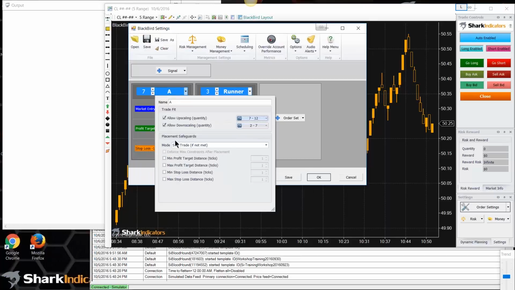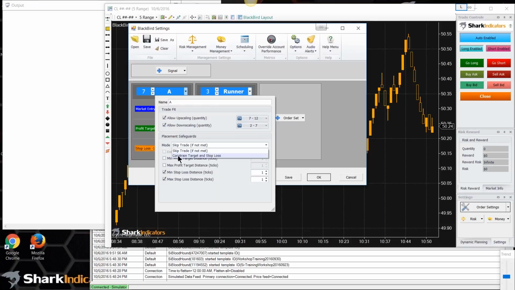So if you're using an indicator, then you have these placement safeguards that could come into effect. There's really only two things you can do if your safeguards get violated. If an indicator is trying to push your stop loss out too far, you've got two choices to make. Either you can just skip the trade, not take the trade at all,